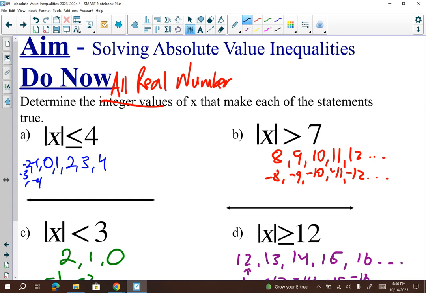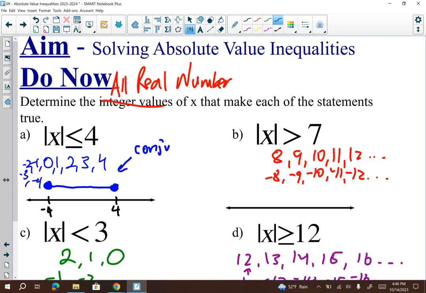So we said it can go all the way up to +4, and all the way down to -4, because the absolute value of -4 is +4, which is less than or equal to, and we have all those numbers in between. So to model that, it can be equal to 4, and equal to -4, and we're going to include all those values in between: -3, -2, -1, 0, 1, 2, 3, and 4. We can show it that way on the number line,